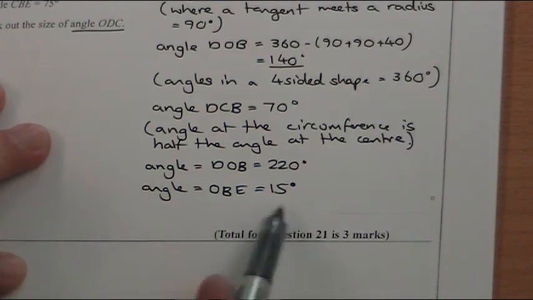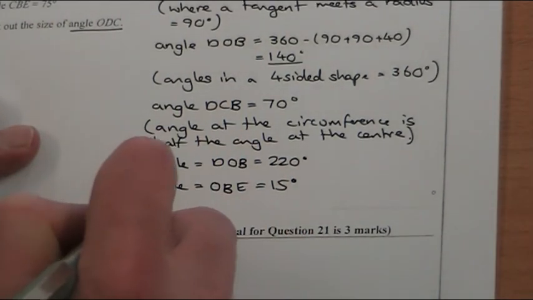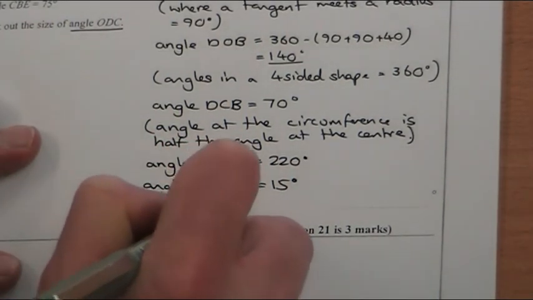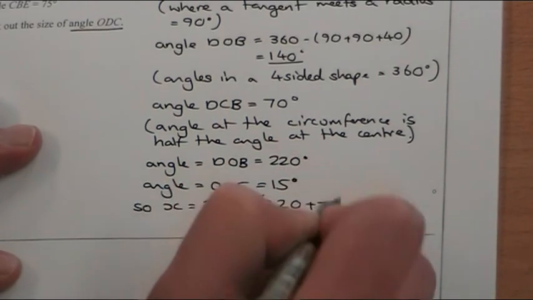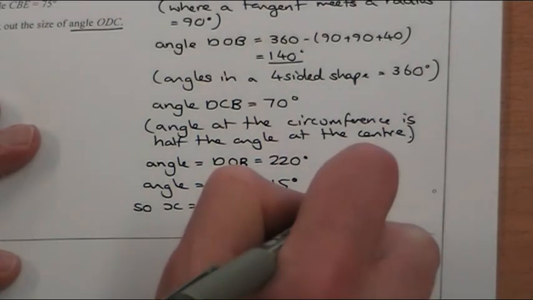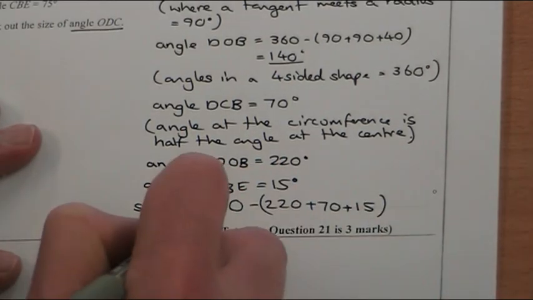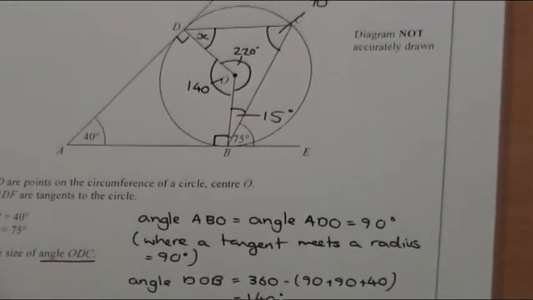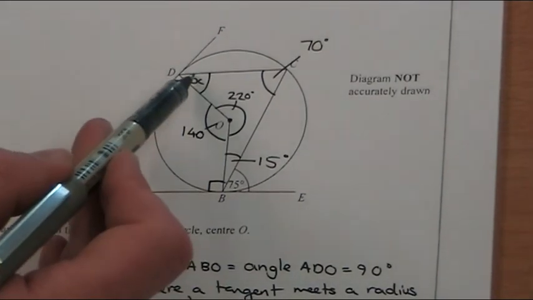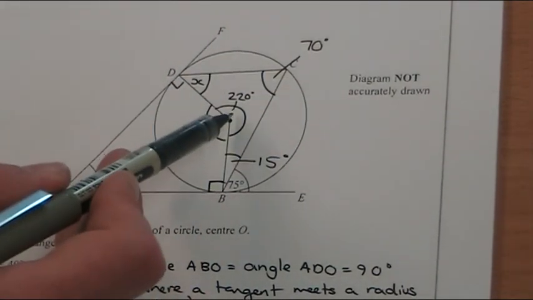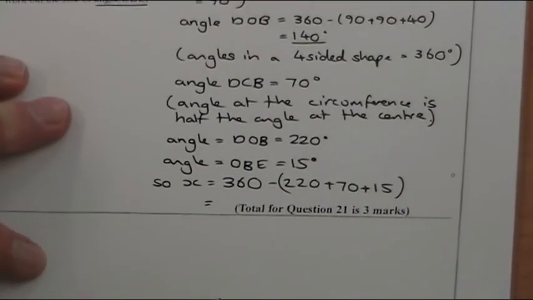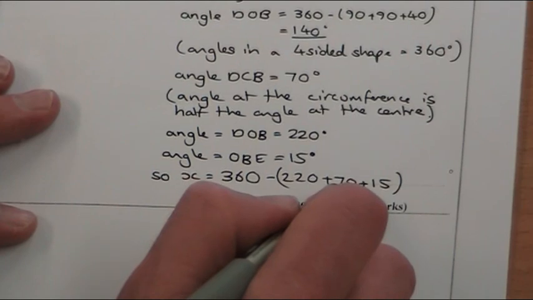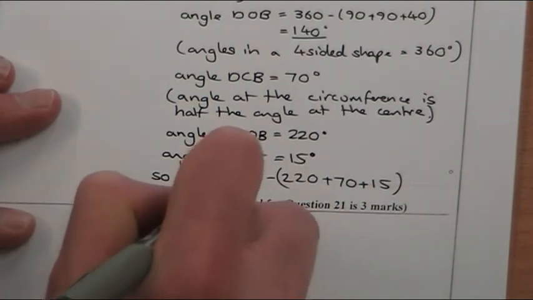So I could be saying angles where a tangent meets a radius again. So X is 360, take away the 220, plus the 70, plus the 15. So all I'm saying now is this is 360, because it's a four-sided shape, take away that, and take away that. So if I quickly add those up, 290, 305, it means